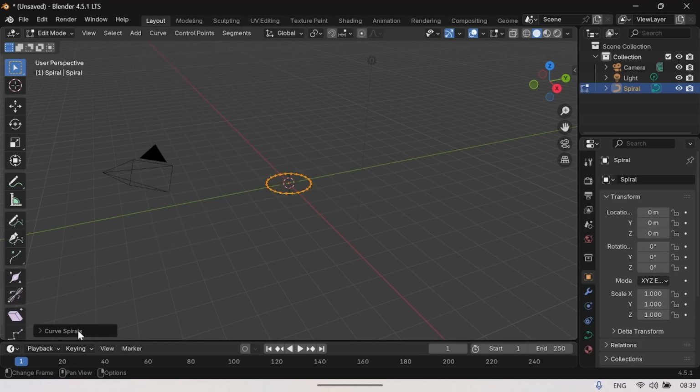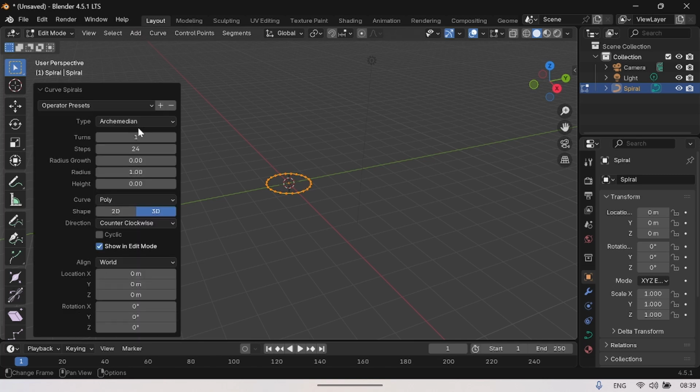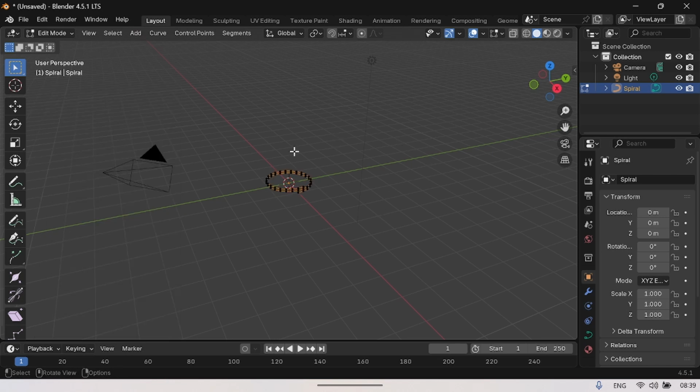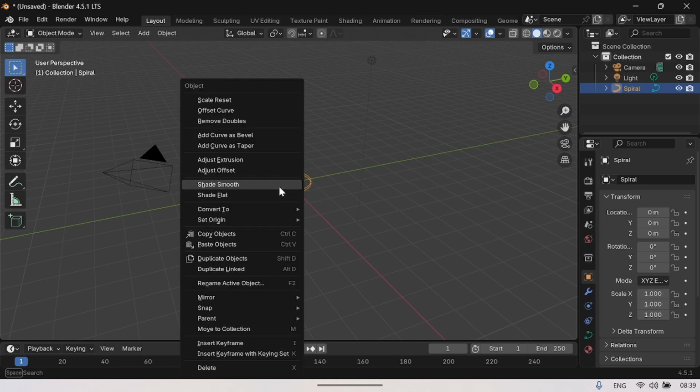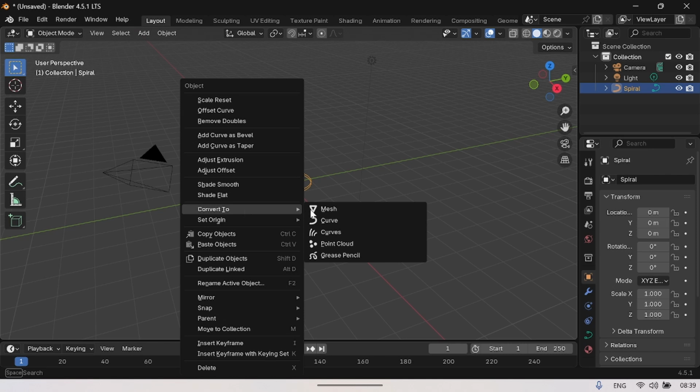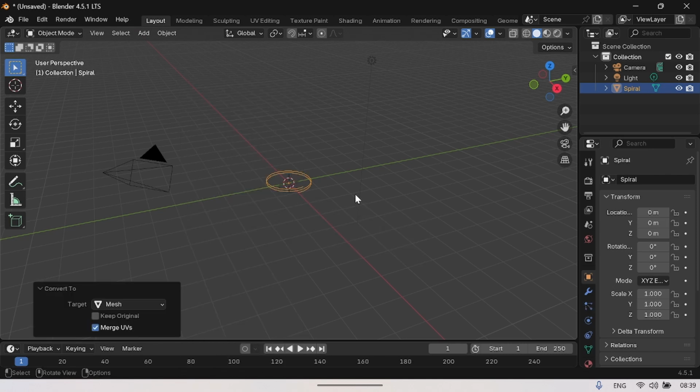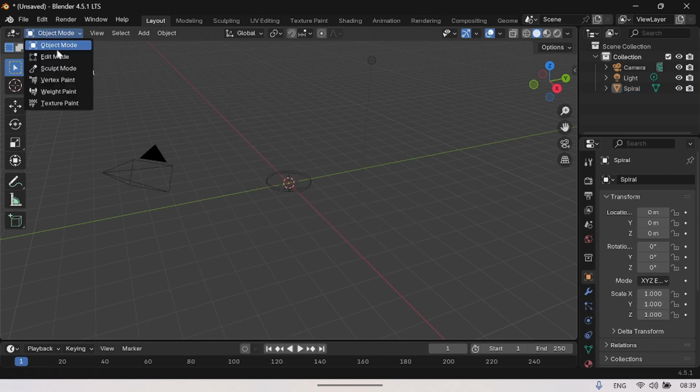Then come to these Archimedean settings here, and then add turns to 2, and make the height 0.1, like that. So it will be that. Then go to edit object mode, and in object mode, right click and convert to mesh. Once you have converted to mesh, then go back to edit mode,